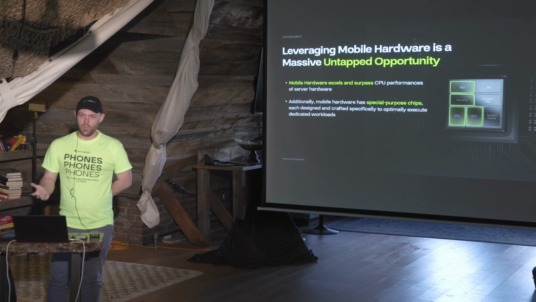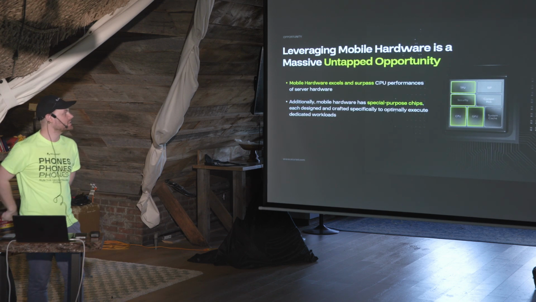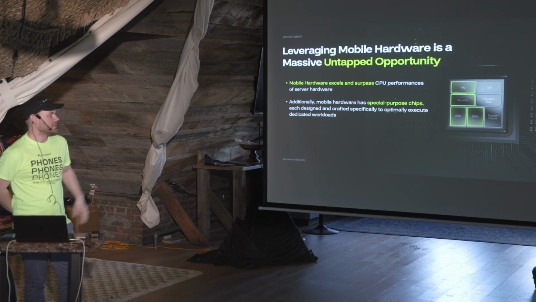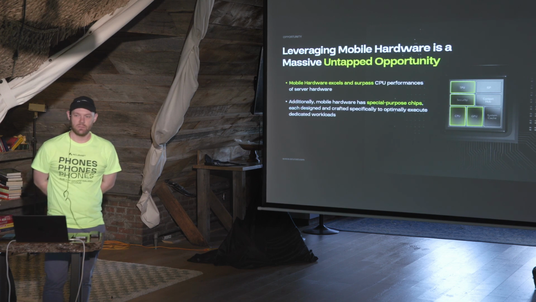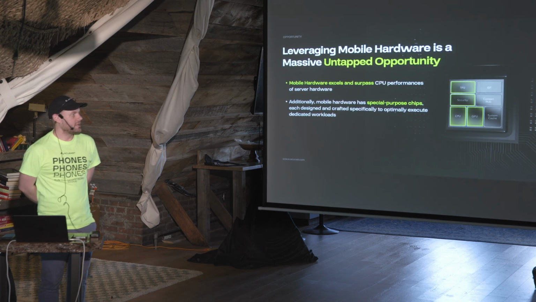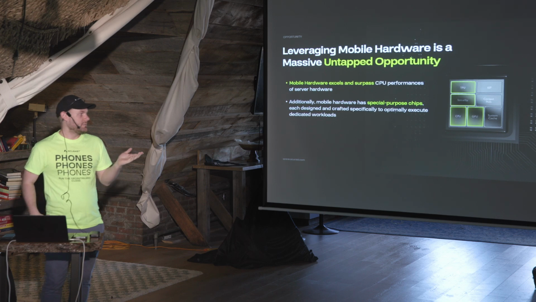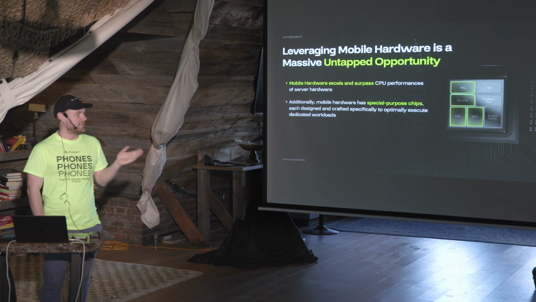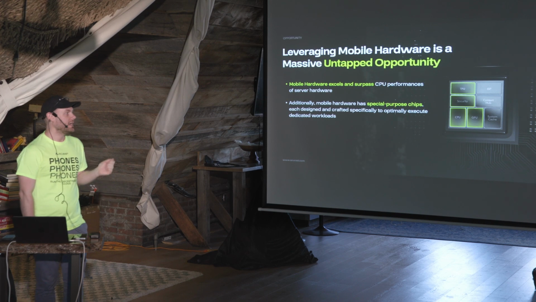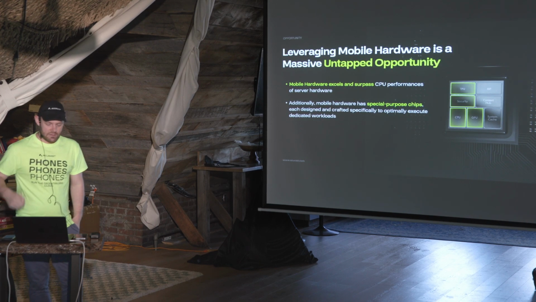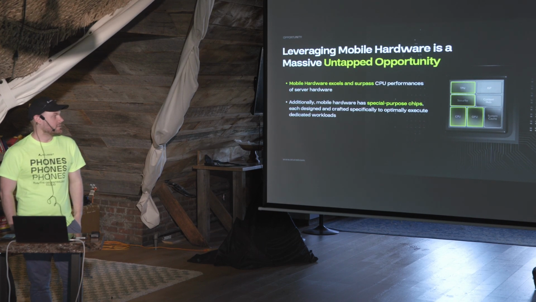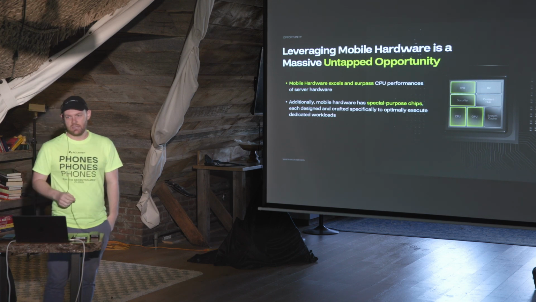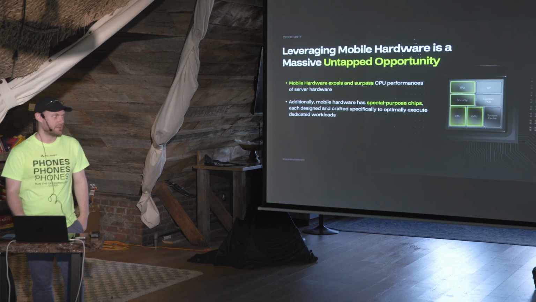So first of all, why mobile phones? Here we can basically see why. Mobile phones have very powerful chips in them. Obviously, they have a CPU, but they also have a GPU for graphical tasks. They have a TPU for machine learning and AI tasks, and they have a security chip. All of these features are part of every modern mobile phone, and this allows us to gain a couple of advantages over traditional hardware that is used in the big data centers.